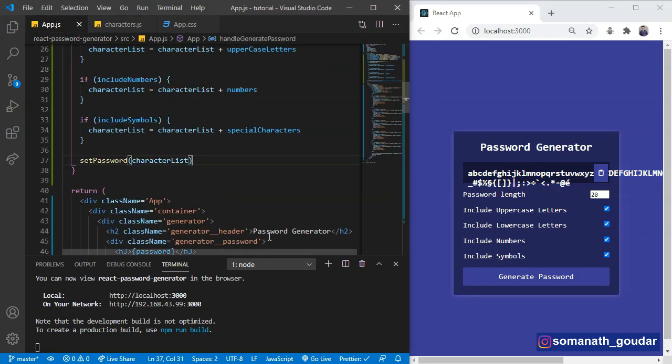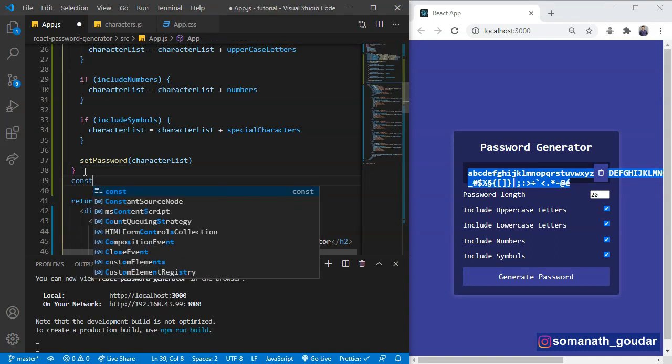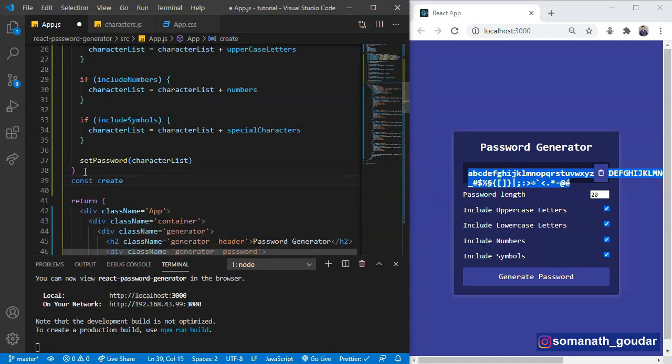So what we have to do is create another function that is going to generate a random password from these character lists. Now let's create another function named const createPassword.